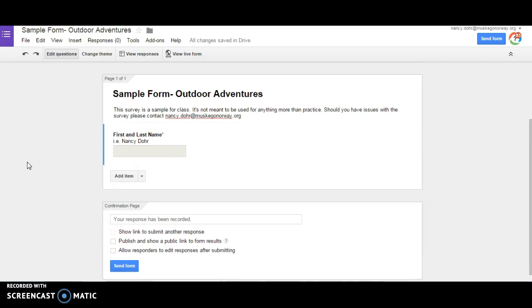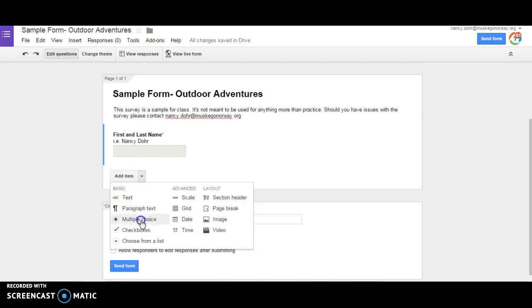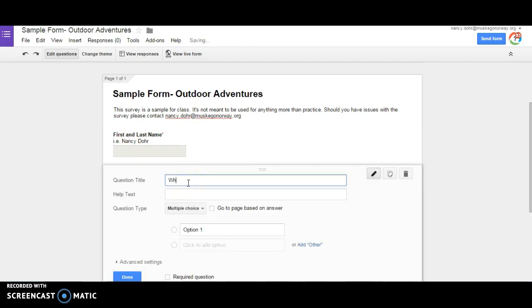If I want to add another question underneath, I can either click add item, or if it's a similar question, I can duplicate it. If I realize I have an error, I can edit it, or I can even trash the question. This question is just fine, so I'm going to go to add item and do a multiple choice question for what is your favorite